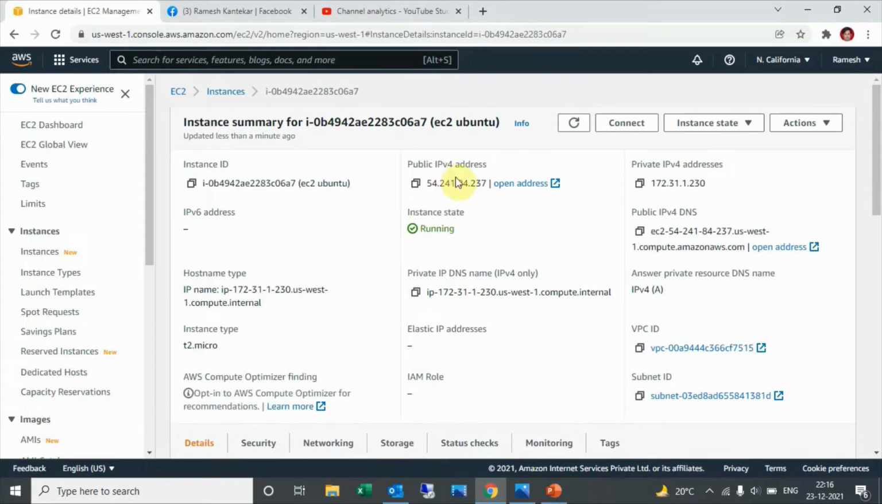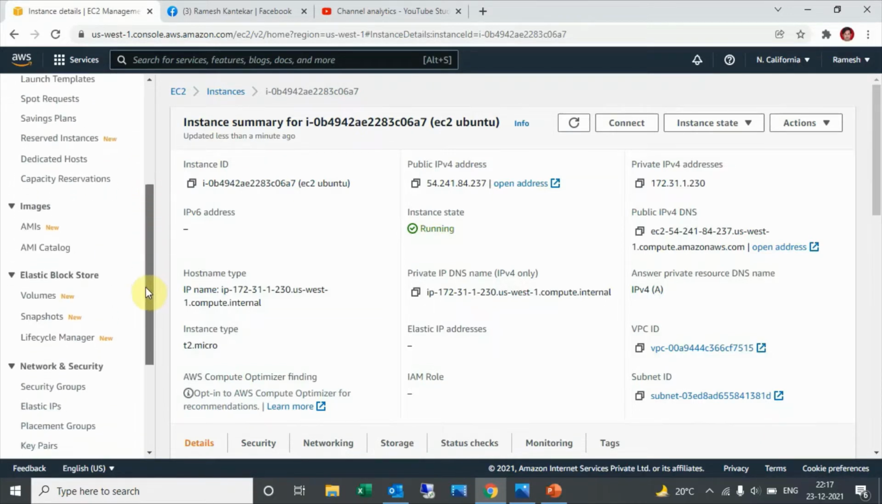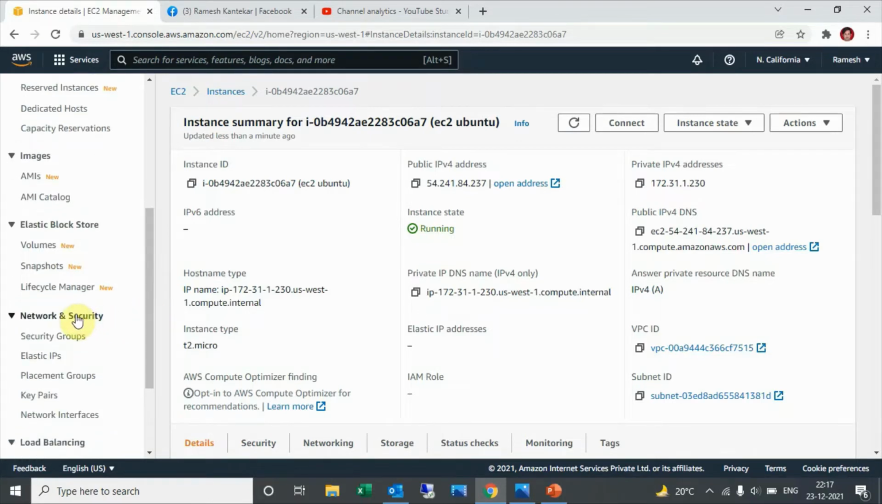See, we have one dynamic public IP address already, and we don't have an Elastic IP address. So this dynamic IP address will change every time we restart or stop the machine. So I want one fixed IP address for my instance. So go to Network and Security, click on Elastic IPs